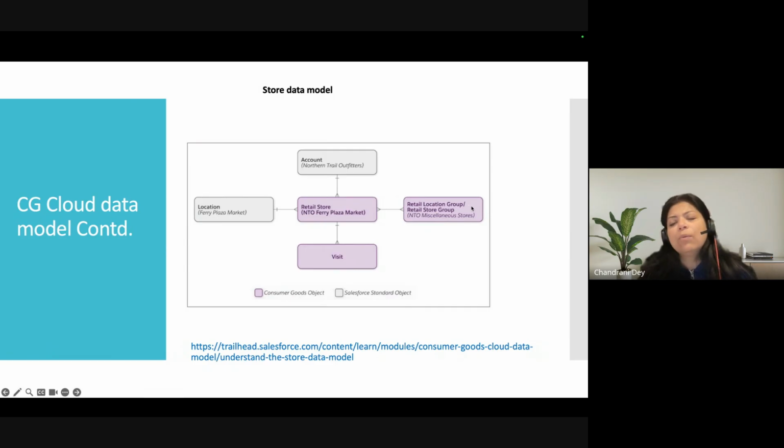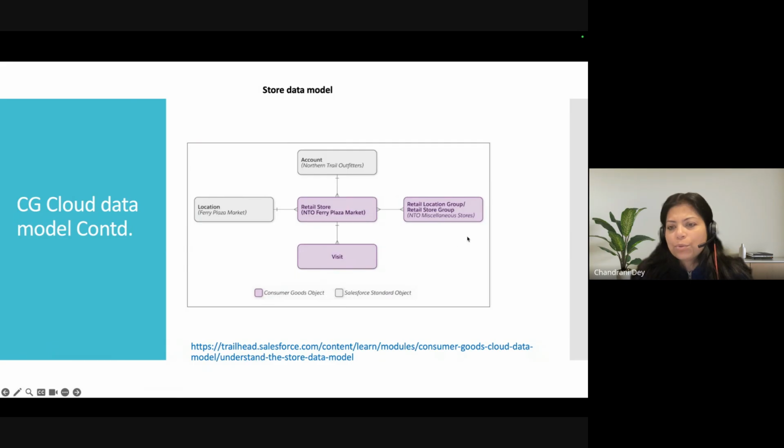This object, how it behaves is, for a particular account, you may have miscellaneous stores, or you may have a store only for particular types of products, or you may have a booth kind of store, where daily things come and daily things go, like a milk booth, etc. So things like that you can configure through the store groups.